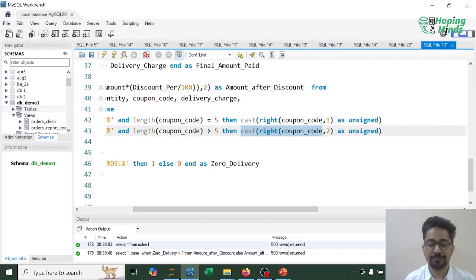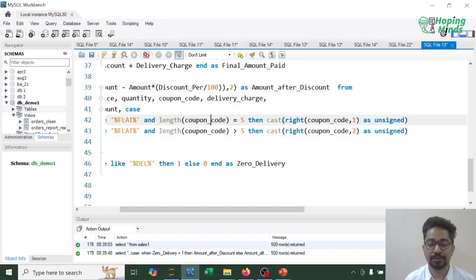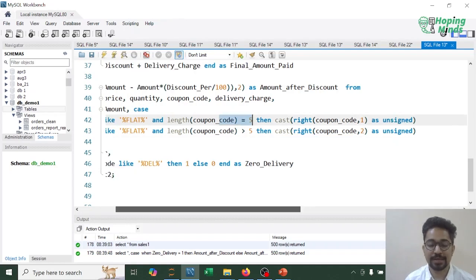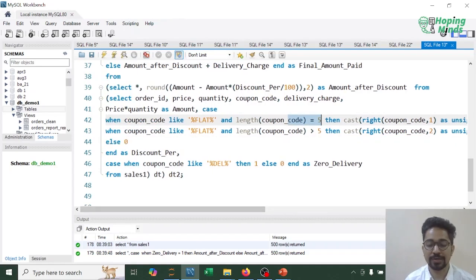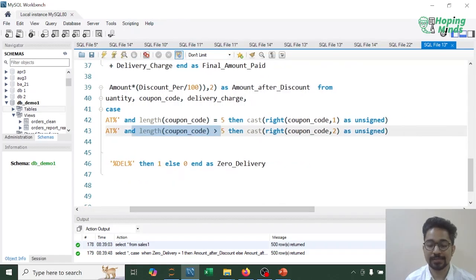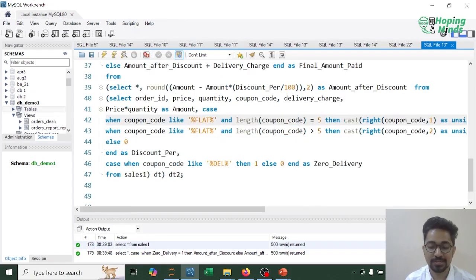So if it is just like flat 8 percentage, then we have considered the first case, and when over here we do have coupon code like flat something like this where the length of coupon code is greater than 5, then I've considered right 2 digits, right? And I've used the cast function to typecast it. Then I'm considering else as 0, and the discount percentage case when the coupon code is, let's say, delivery